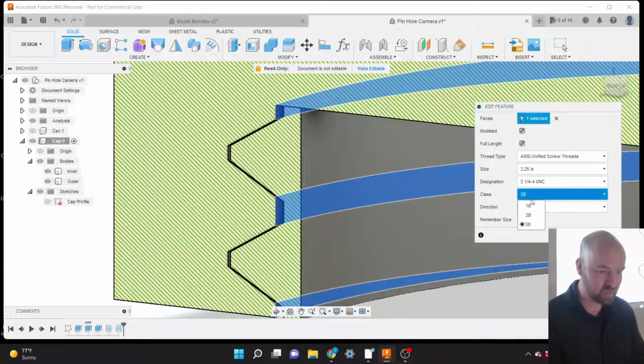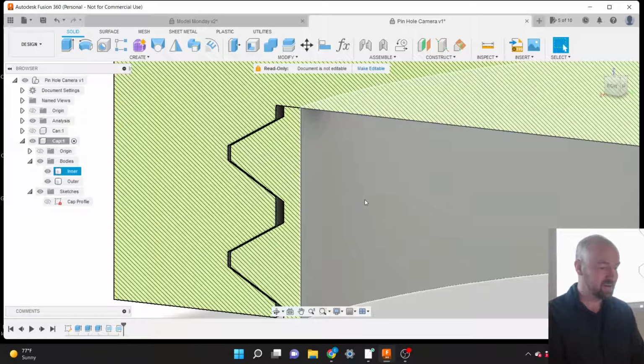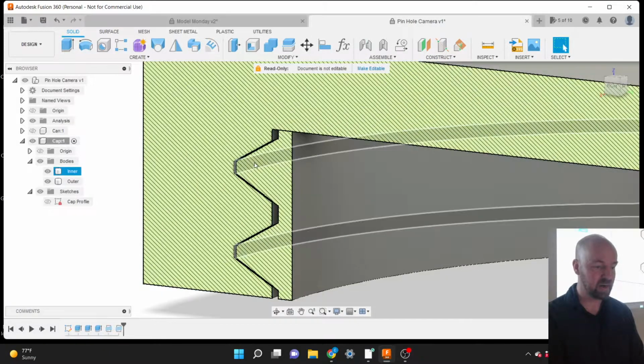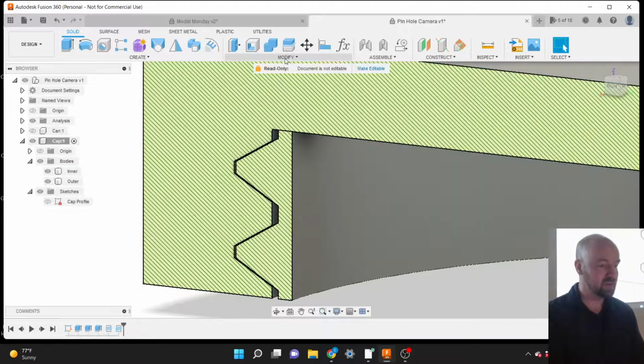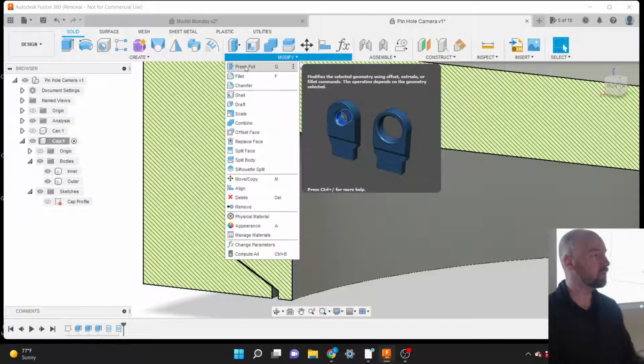Oh, it's moving slightly. It is moving that inside edge very slightly. However, we need to move it a lot. So I'm just going to say OK here. And I'll show you the method that I use in order to make my threads fit with each other. So from the Modify menu, now that I can see my threads here, if I choose this Press Pull option,